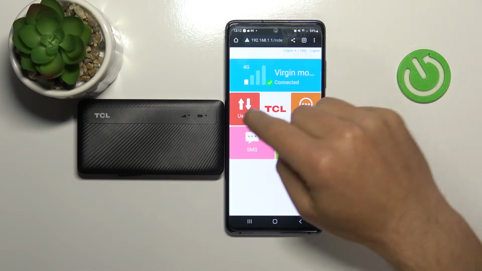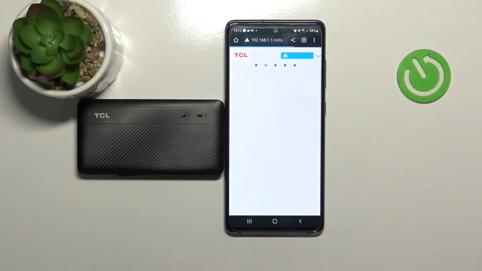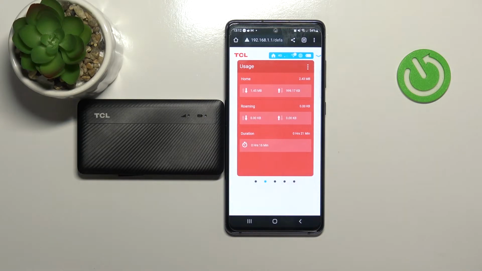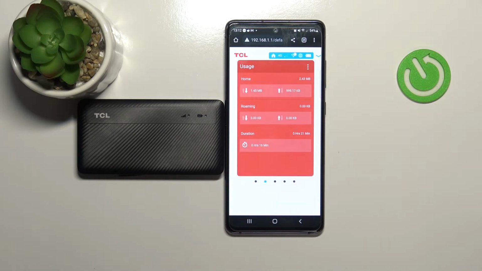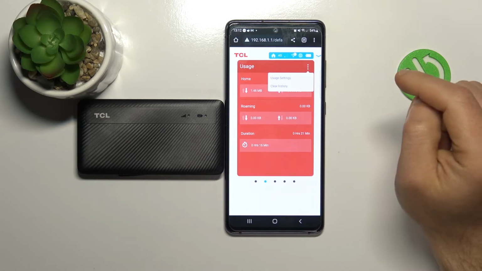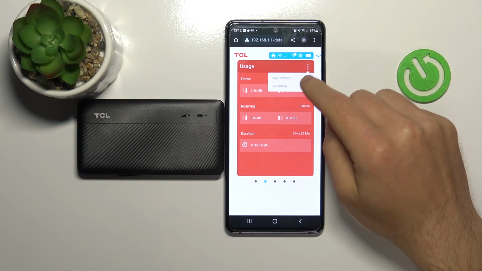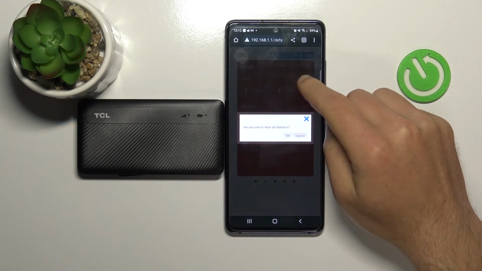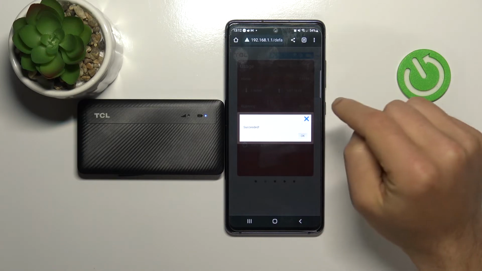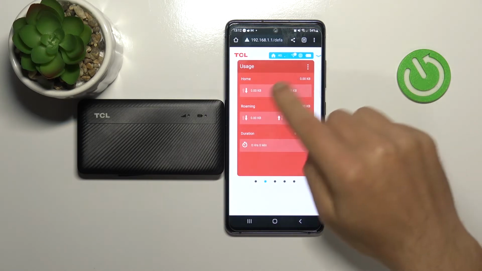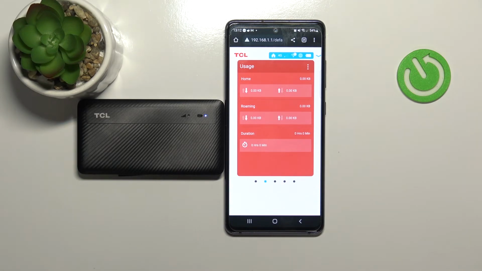Then go to the usage statistics. There you can see all the data you have used, and to clear history, tap on the clear and tap OK, and as you can see, we have successfully deleted the usage history on the